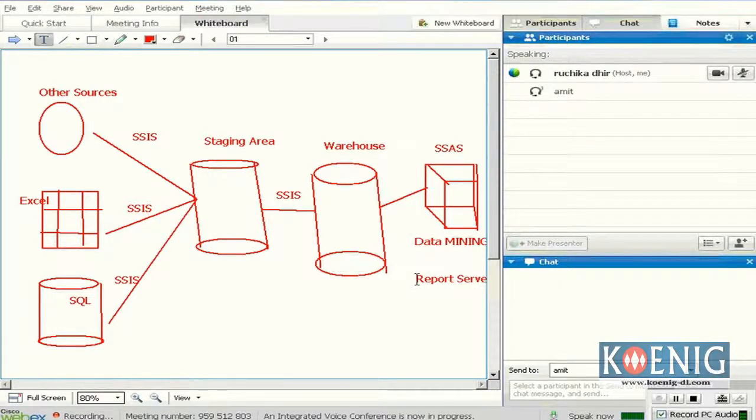When you say data mining, what does that mean? Data mining means you are using trends and in-depth, hidden information about your data, so that you can compare your current data and, based on that, predict your future forecasting. Suppose I have my data from the last 5 years, and based on that record I want to take a decision: do I need to increase the production of my product?